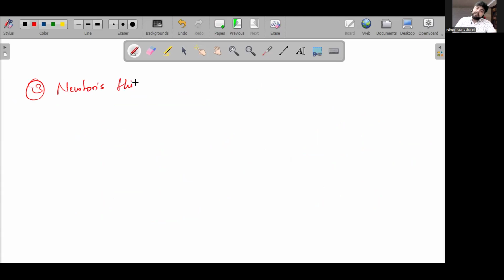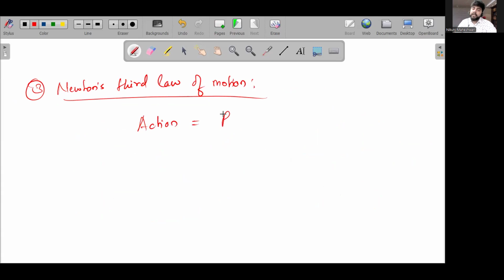Newton's third law of motion. It tells you what happens once you apply that force. So what is the third law? Very common and a very, very beautiful law, which says that to every action, there is an equal and opposite reaction. To show the opposite sign, I'm going to just put a minus here, but that's not how it is written technically. It's just for the explanation. So to every action, there's an equal and opposite reaction.